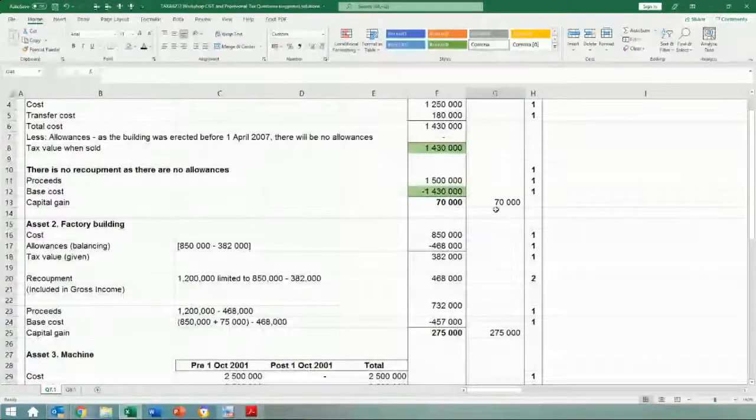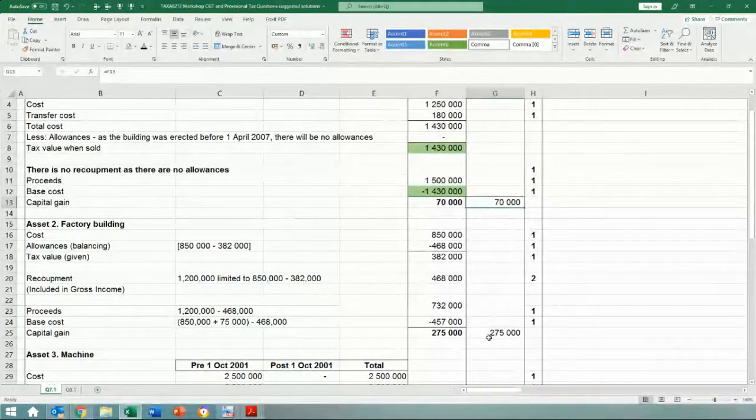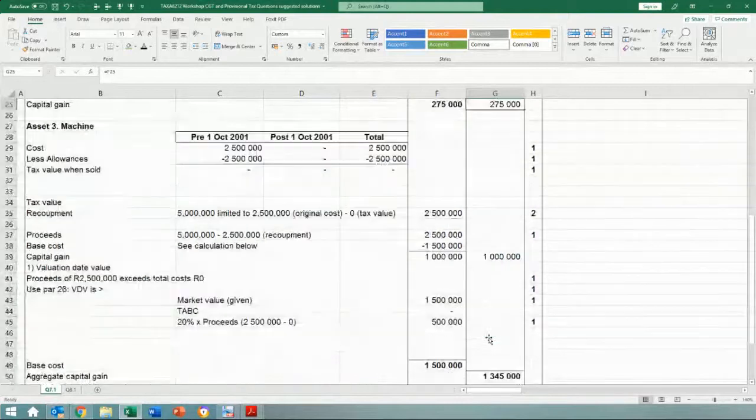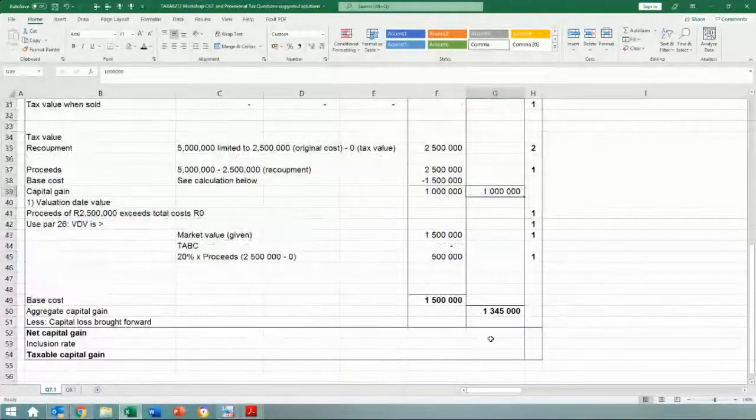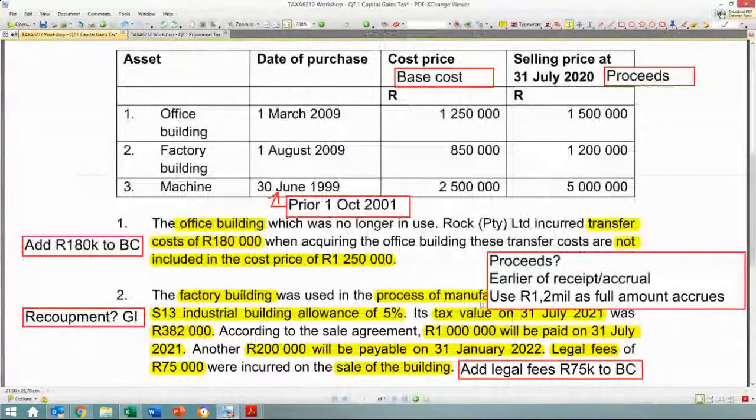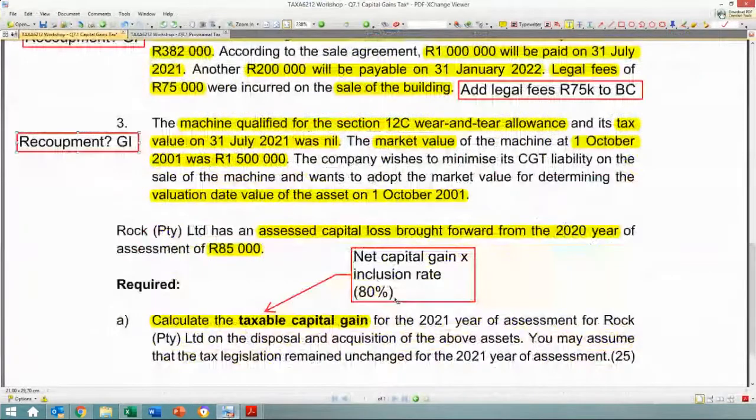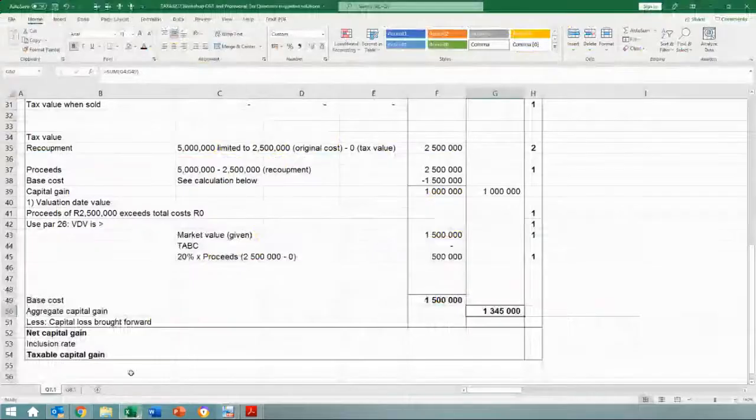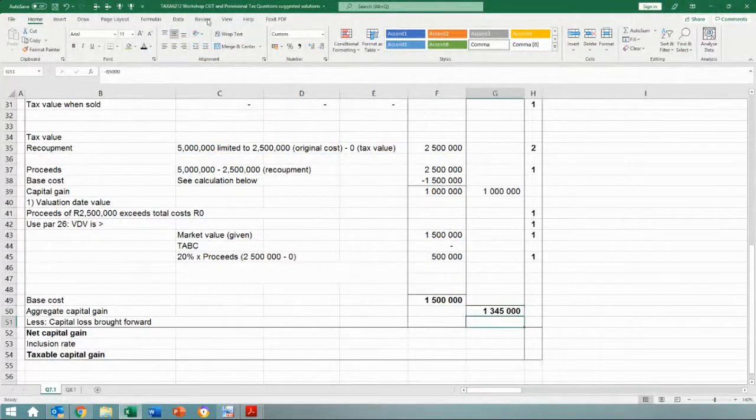Which is the 70,000 from the first asset, the 275 from the second asset, and then the 1 million from the third asset, to give me a total aggregate capital gain of 1.345 million. But then if we go back to the question, we've also had an assessed capital loss of 85,000, which I can apply, and I can deduct that from the aggregate capital gain to get the net capital gain of 1.26